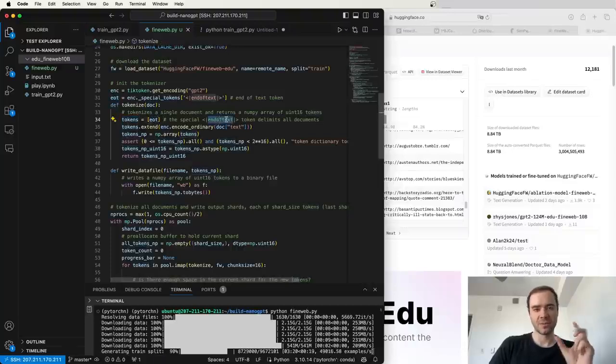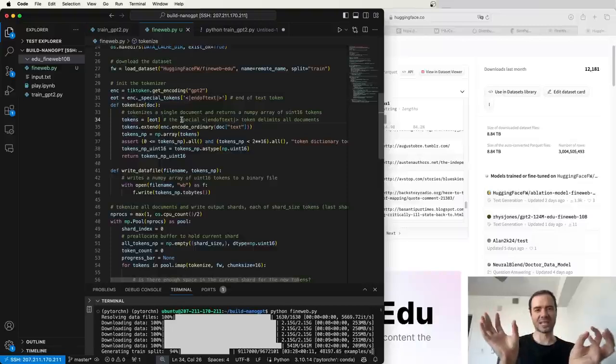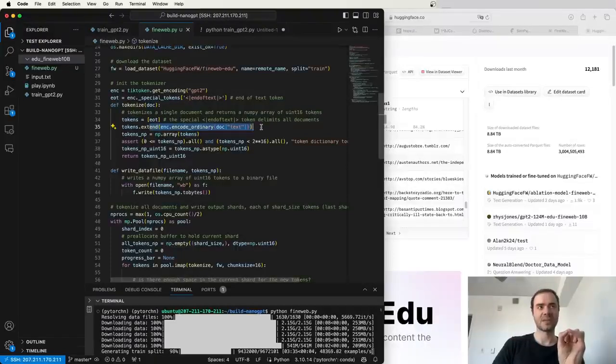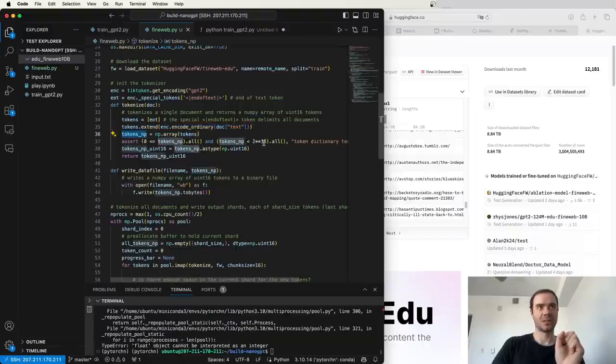And this is a special token in the GPT-2 tokenizer, as you know. So 50,256 is the ID of the end of text. And this is what begins a document, even though it's called end of text. This is the first token that begins a document. Then we extend with all of the tokens of that document. Then we create a NumPy array out of that. We make sure that all the tokens are between,